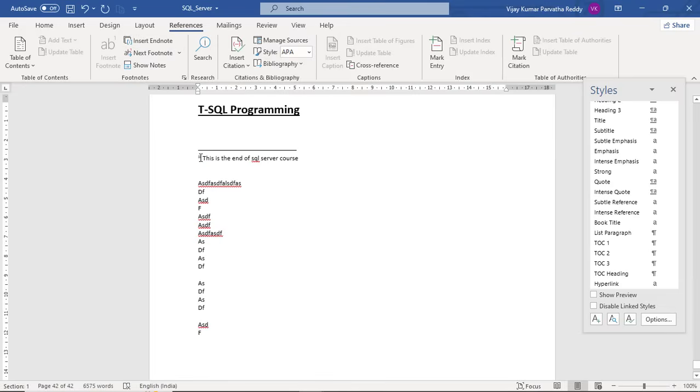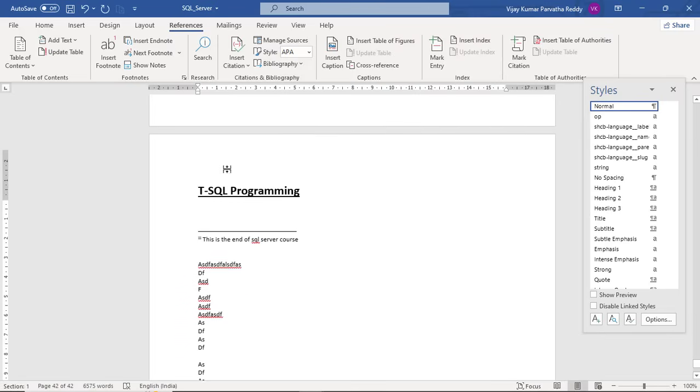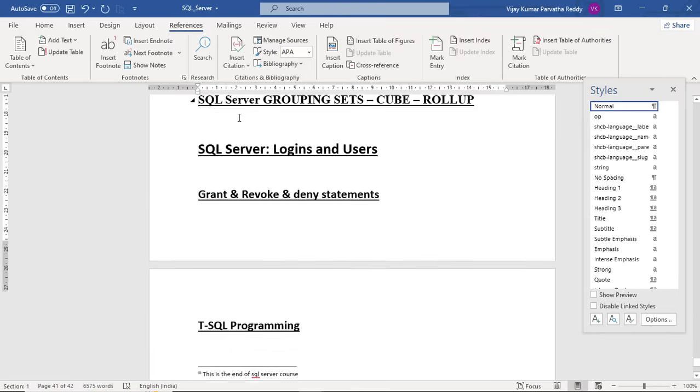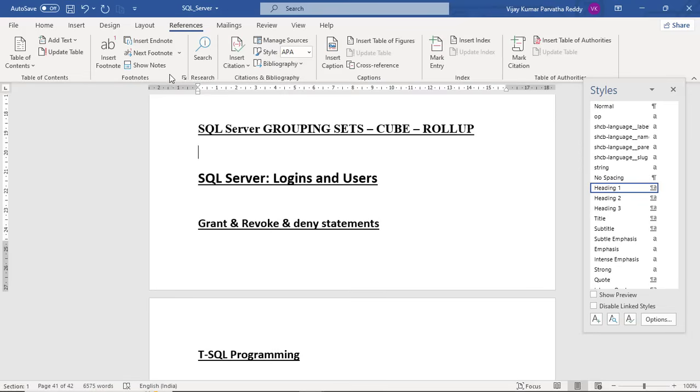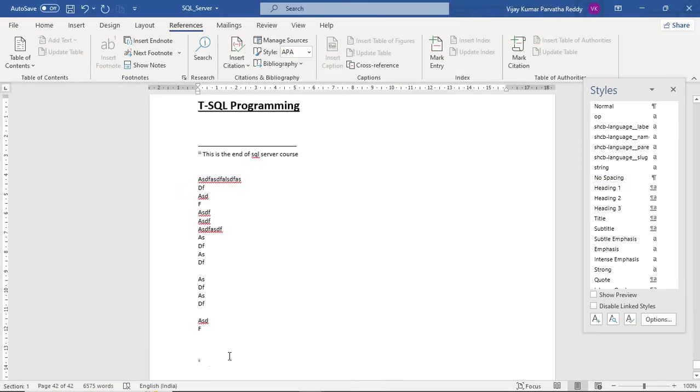See, it is placing here itself. Why? Because it is remembering the area, and if you click some other area and now insert an endnote, finally it will insert the note at the end of the document. This is the end.